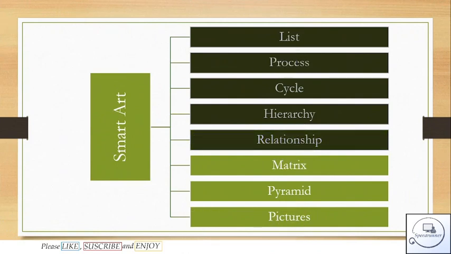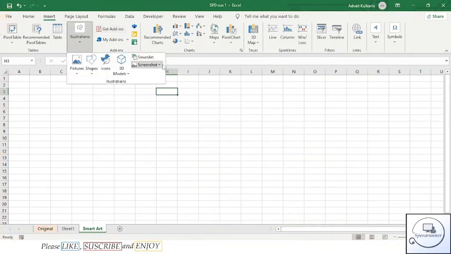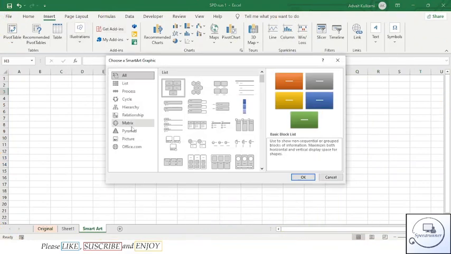The next on the list we have is matrix. Matrix is used to show the location on a graphical basis. For example, let us go and add a matrix.